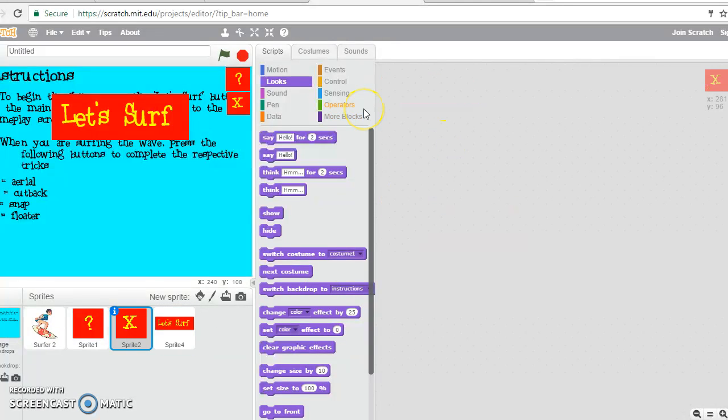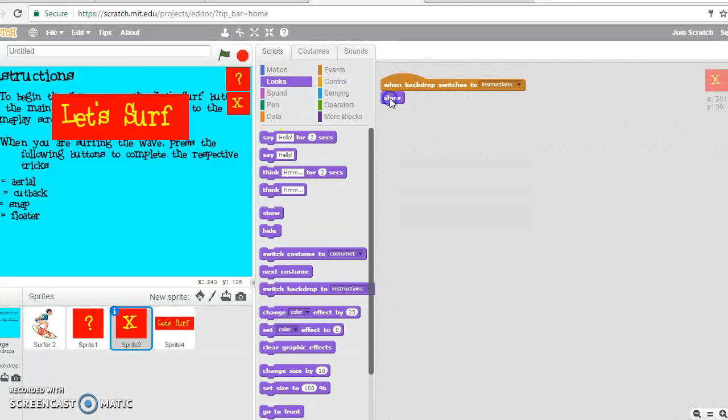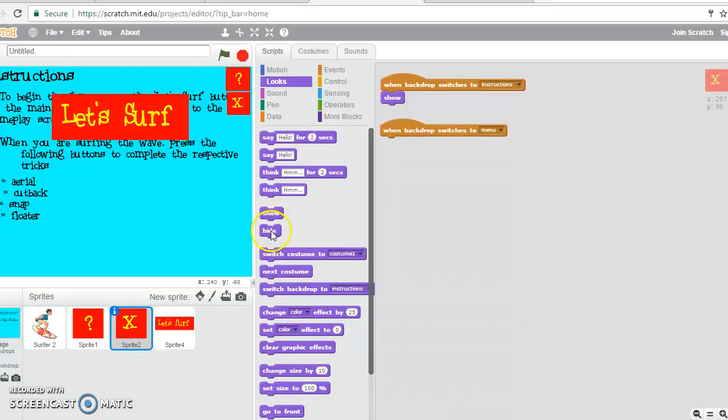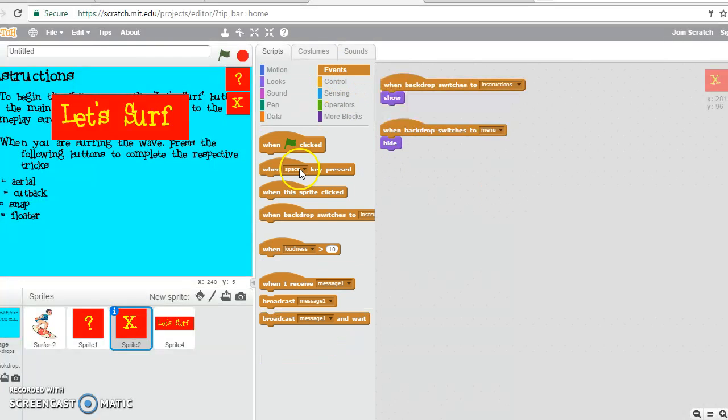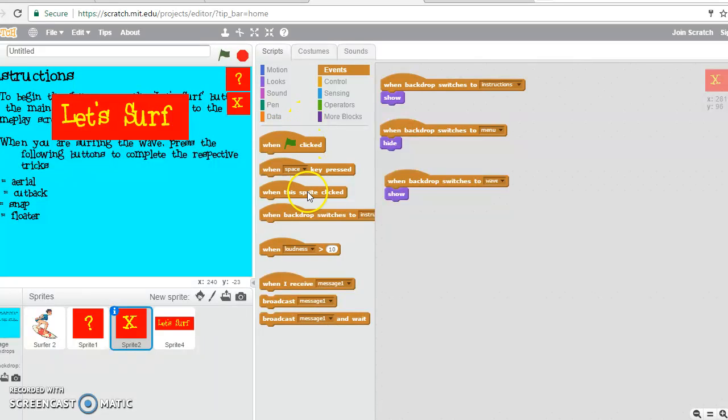This is an important button. So go Events: when backdrop switches to instructions, show. When backdrop switches to menu, hide. When backdrop switches to wave, show. So that's programmed for that, but we want when sprite clicked. When this sprite is clicked,